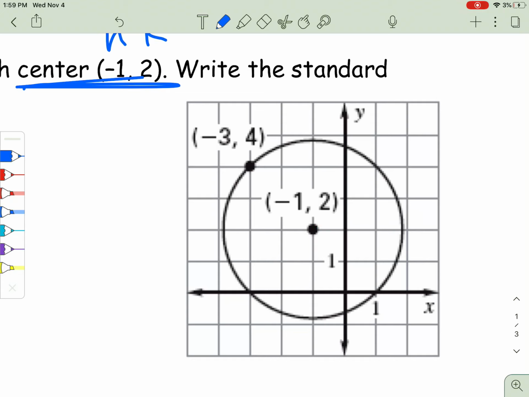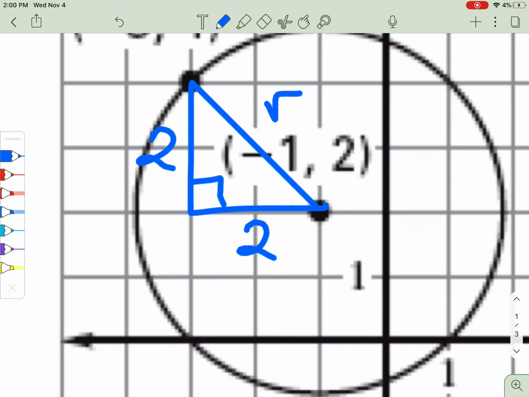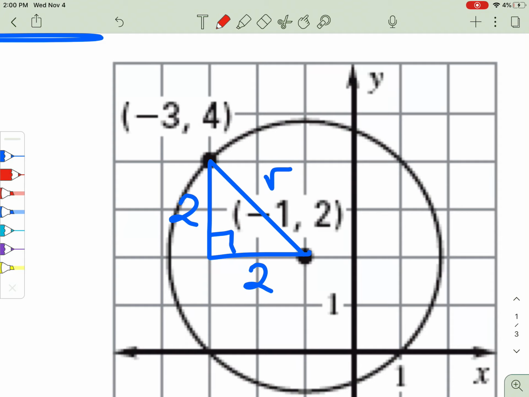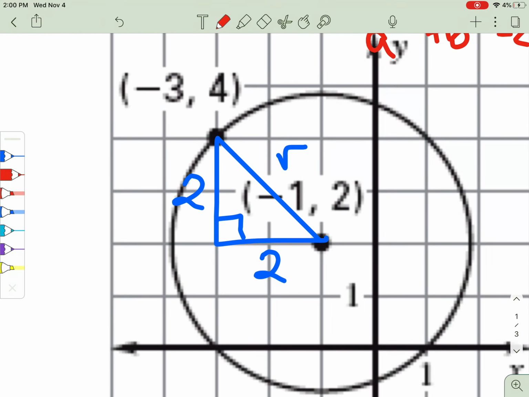Well, one of the ways is, if you recall, from the center of a circle to the outside is always the radius. Okay, so in this case, we can actually draw a little right triangle that has a side length of 2 and another side length of 2, and that's going to allow us to find the radius. Now, you could use Pythagorean theorem, so a squared plus b squared equals c squared, and find the radius here. Or you could recall that this is a 90-degree angle, and since these two sides are congruent, that makes this a